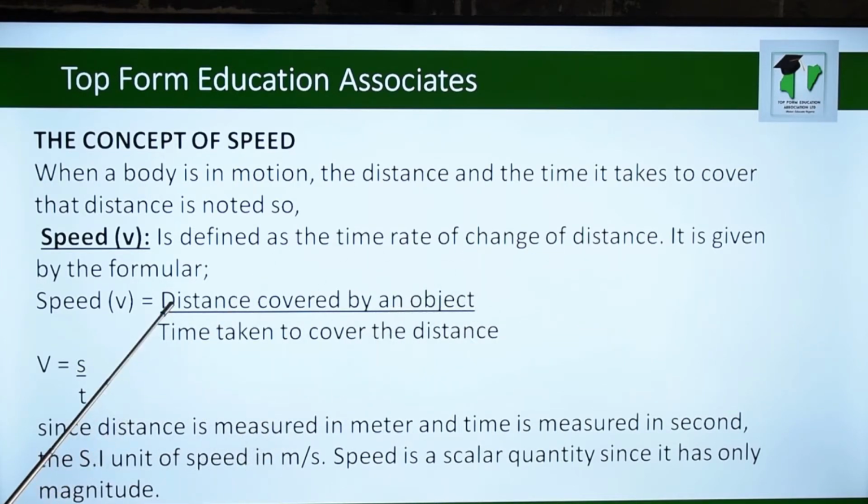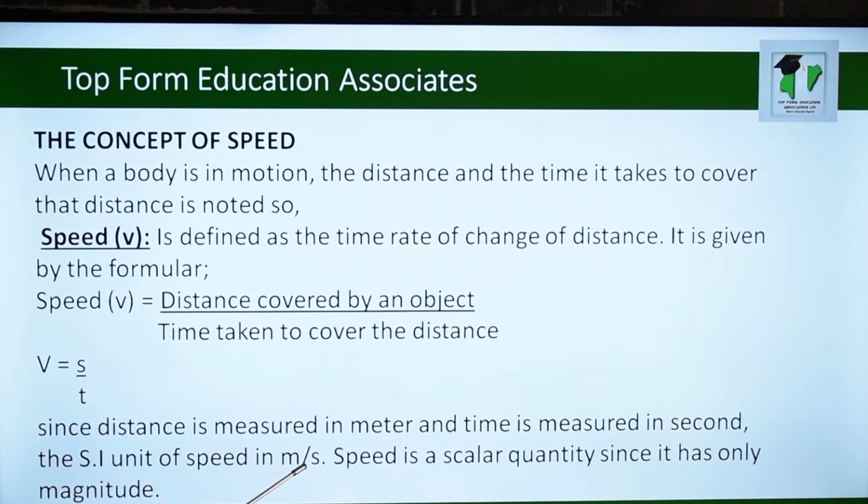This is given by the formula: speed V is equal to distance covered by an object divided by the time taken to cover the distance. We represent the distance here with S, and the time taken with what? Small t. So symbolically, speed V is equal to S over t. Since distance is measured in meters and time is measured in seconds,